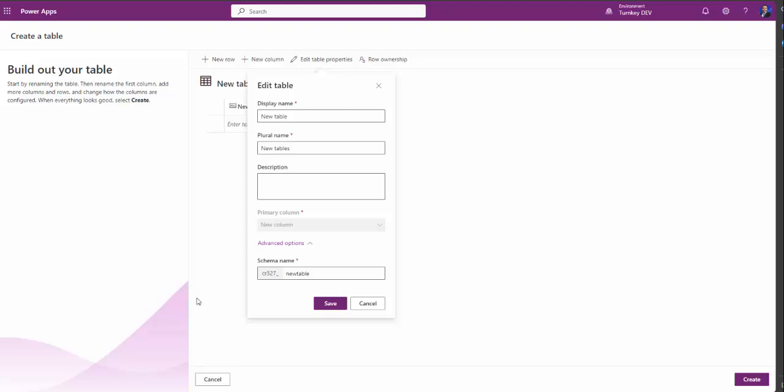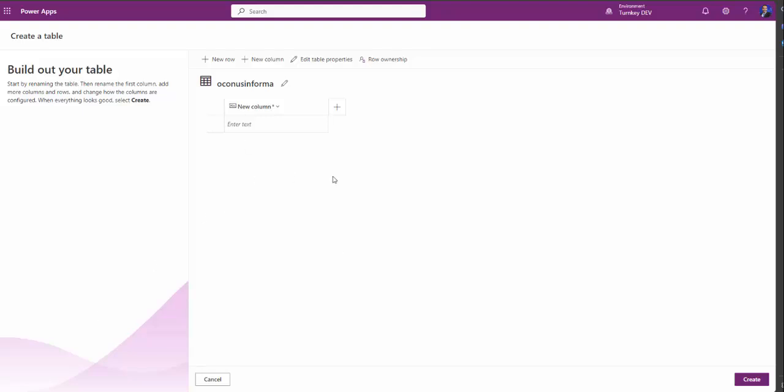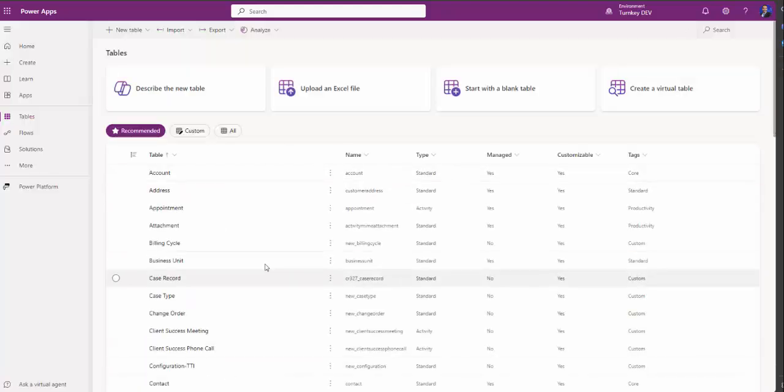As you can see here, we have new table here, but if I put Oconus information, well, you see everything is changed here. So once we have the information that we need, we can just hit save and keep creating the different columns that we need. These are the three different ways that we have to create the table. And just